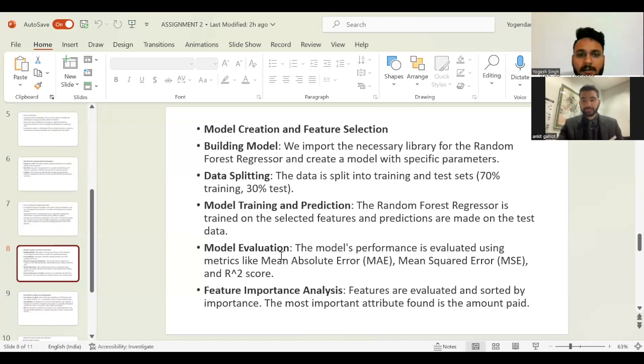The traditional way to split the data is 70-30 or 80-20. Here, we are using the 70-30 rule to split the training and test data sets. We are predicting the customer lifetime value, which is a numerical value, so we use a regression problem. I also used linear regression, but the results were not accurate, so I moved on to random forest regression, trained on selected features, and predictions are made on the test